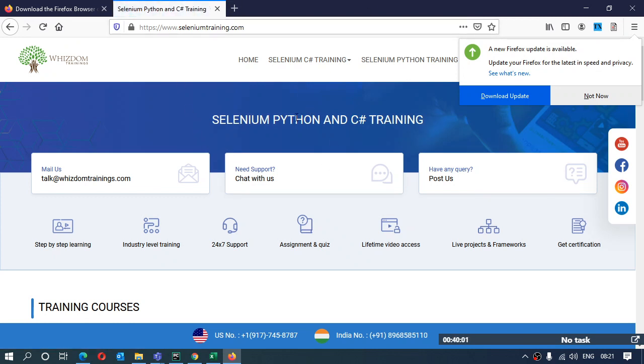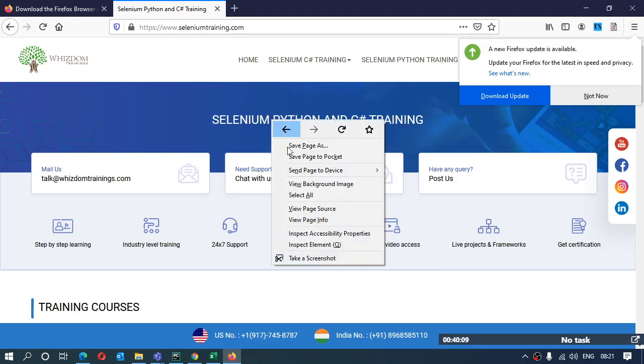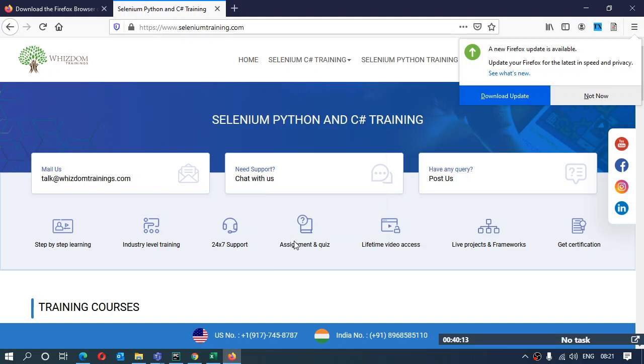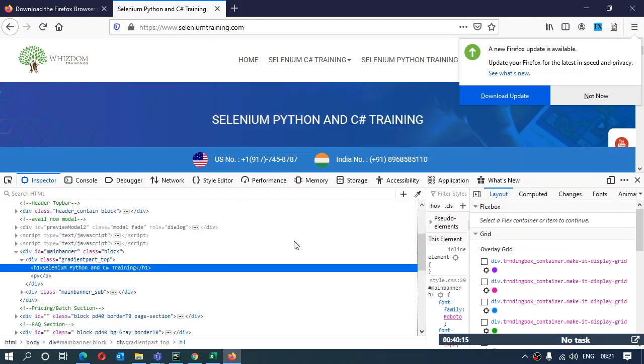Okay, so now over here, the difference between finding elements on Chrome and Firefox is this. This is an element which does not actually have any of the optional attributes like ID and name.